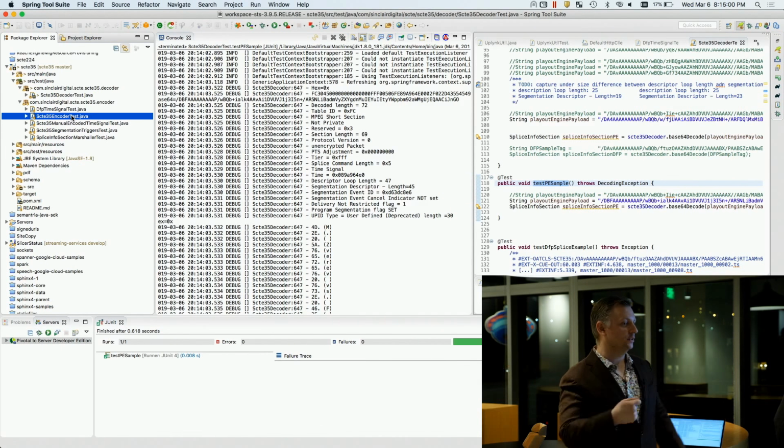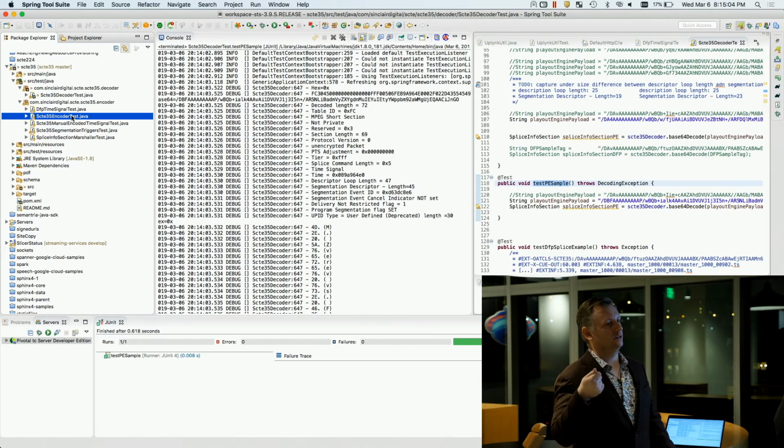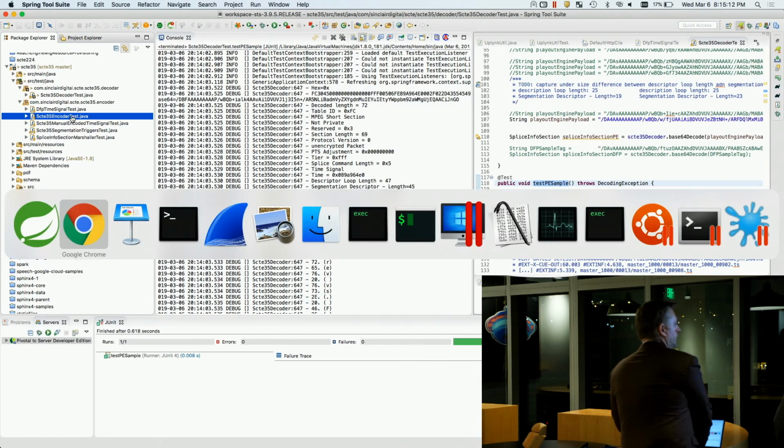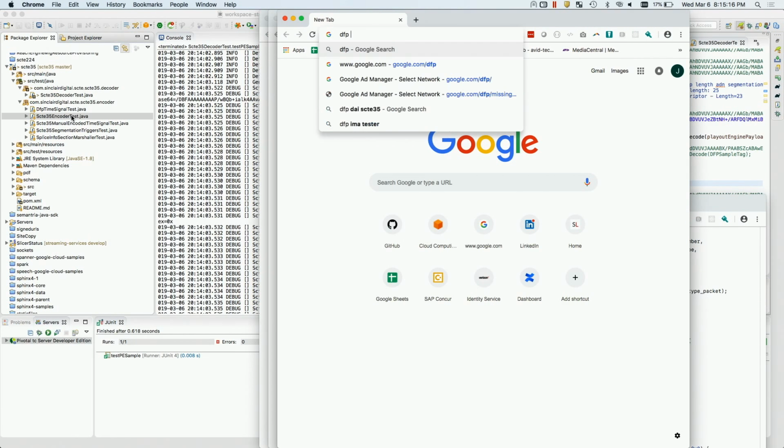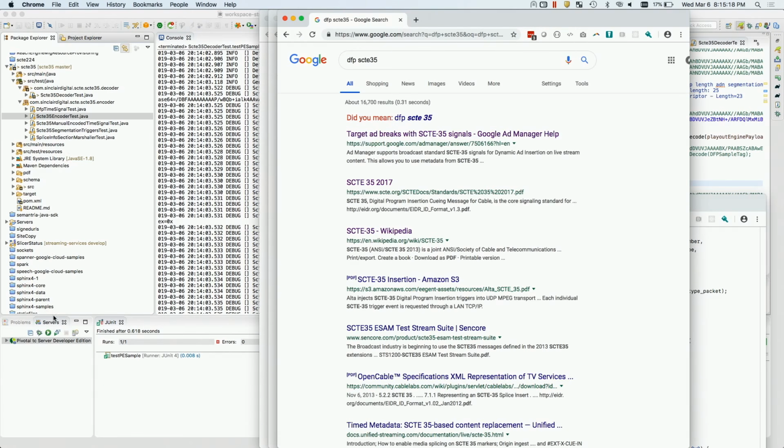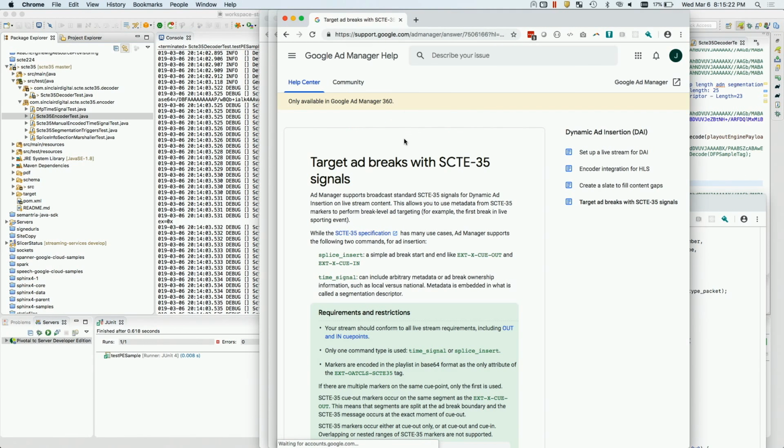But creating those messages, only a few people have done that, and it's usually Imagine, and it's usually Harris, and it's usually the MSOs that do it. But because partners like DFP see the value of metadata in their ad marketplace, now we can trigger client-side ad insertions through JW Player.